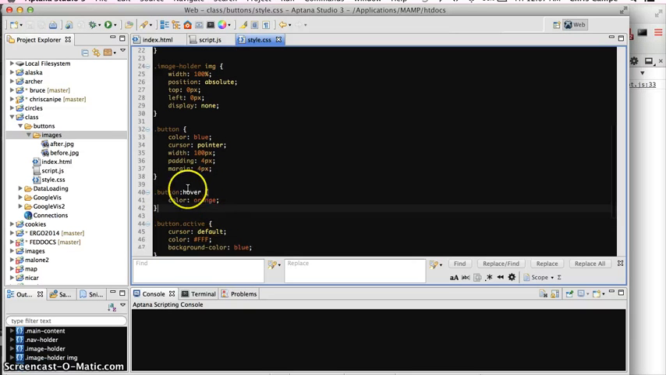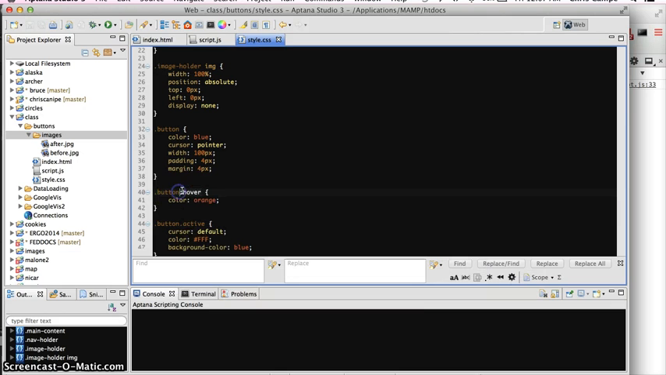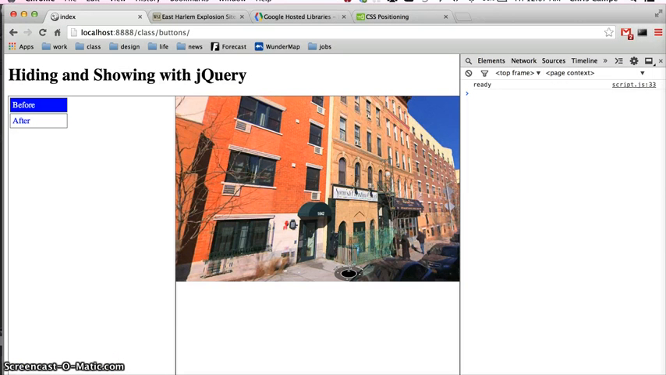And next we have a hover style here. So button:hover is how we indicate that. And what I'm saying is that when I hover on a button with my mouse, I want the text color to change. I'm using just the named colors rather than hex values for the sake of simplicity. But here we go. We go from blue to orange whenever I hover. That's only on